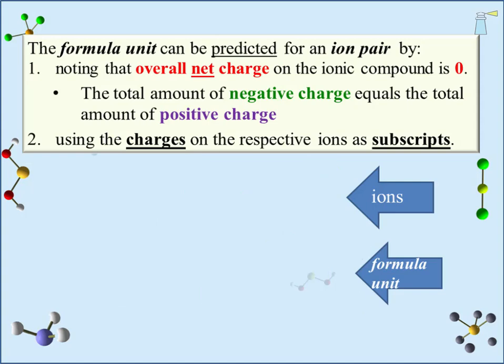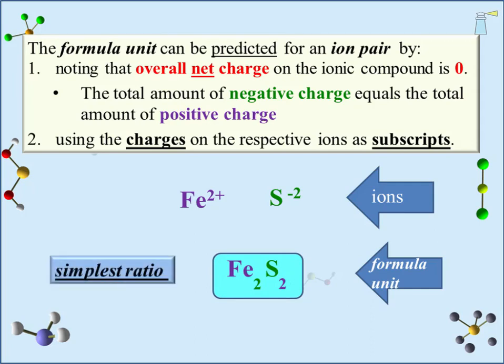There's one other issue that comes up when determining the formula units from ions. If we start with a plus 2 iron ion and a minus 2 sulfide ion and follow the procedure, we will end up with Fe2S2, which is a correct ratio, but according to our definition of formula unit, we want the simplest ratio. 2 to 2 is not the simplest ratio. We can reduce that ratio by dividing both of those 2's by 2, giving a 1 to 1 ratio. Think of it as simplifying a fraction 2 over 2 to 1 over 1. And as we know, we do not include the subscript values of 1,